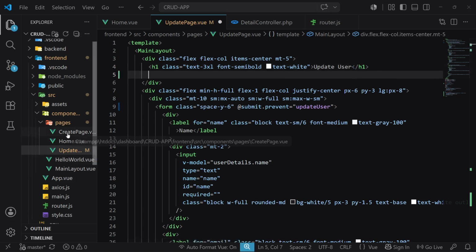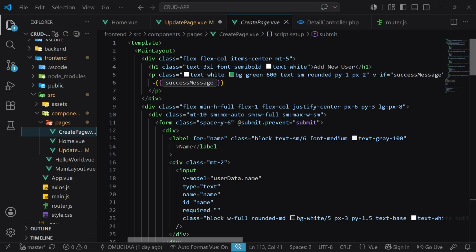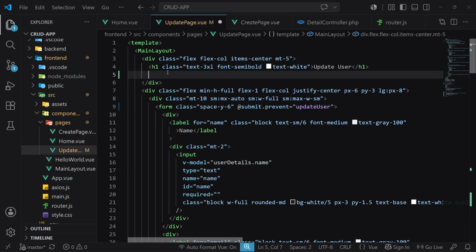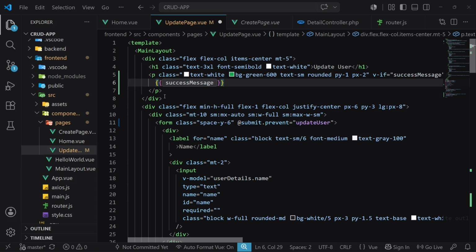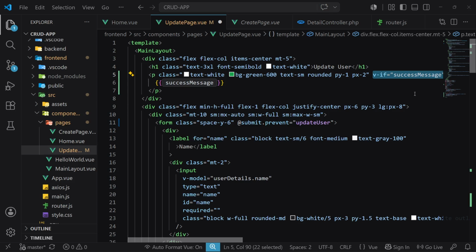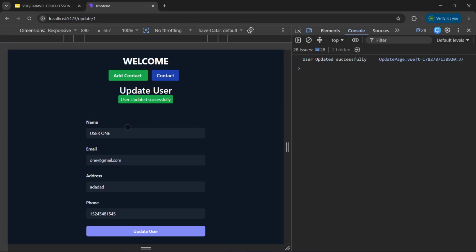We are going to copy the one from the home, from the create page. This one, we're going to copy it, and then we're going to place it over here. Okay, yeah, and make sure you use the if. So if is true, it will display this paragraph. So let us try that and see. Yeah, now this user message, success message is being displayed on the top here,